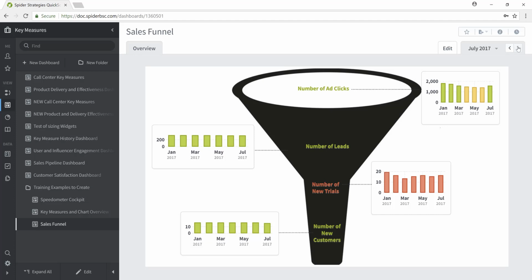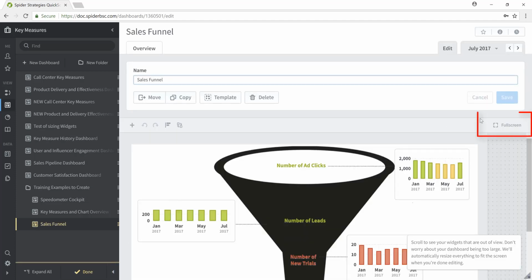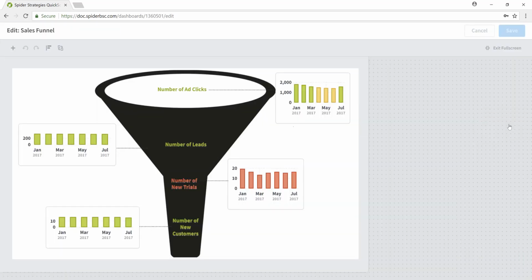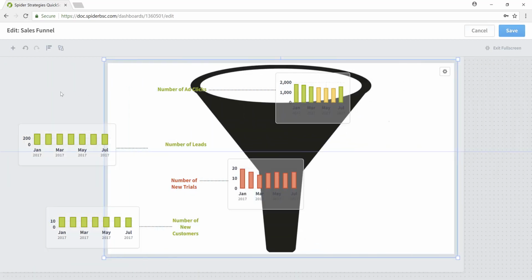While we won't take the time to design this dashboard from scratch, we will share with you just the fundamentals of how it was put together. Let's start by jumping into edit mode and then immediately selecting the full screen button on the right to give ourselves more visual space to work with. Within edit mode, we just want to show you how simple and easy it is to manipulate the background image